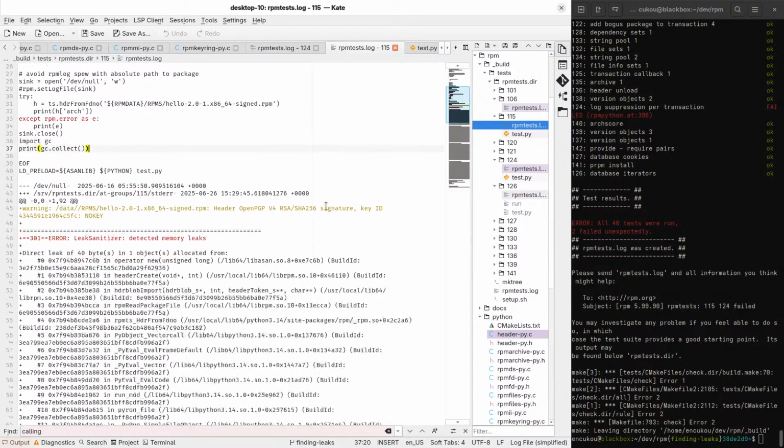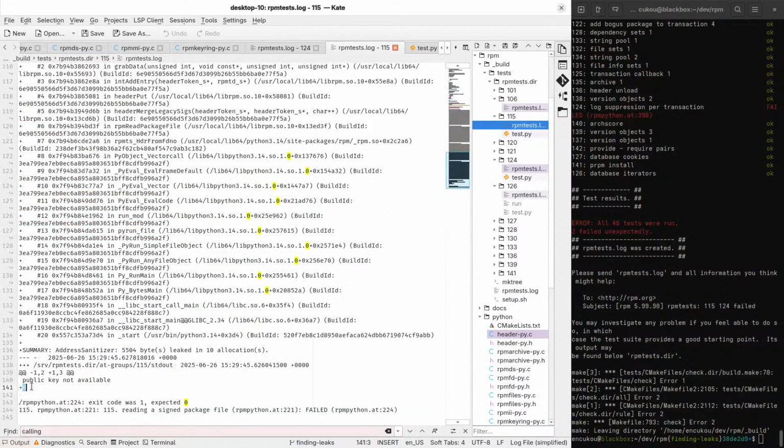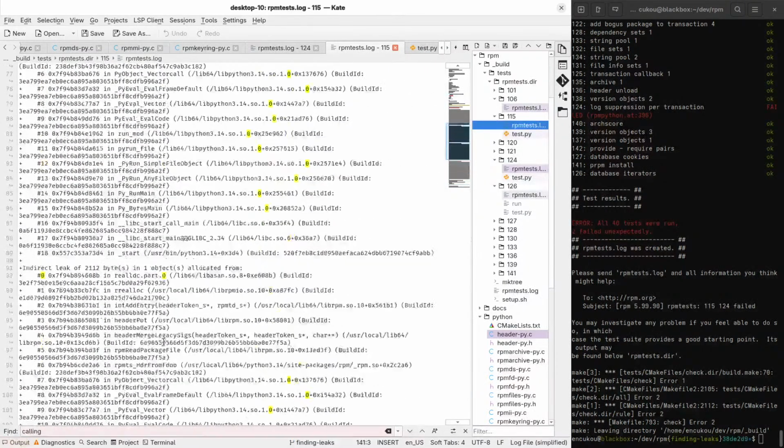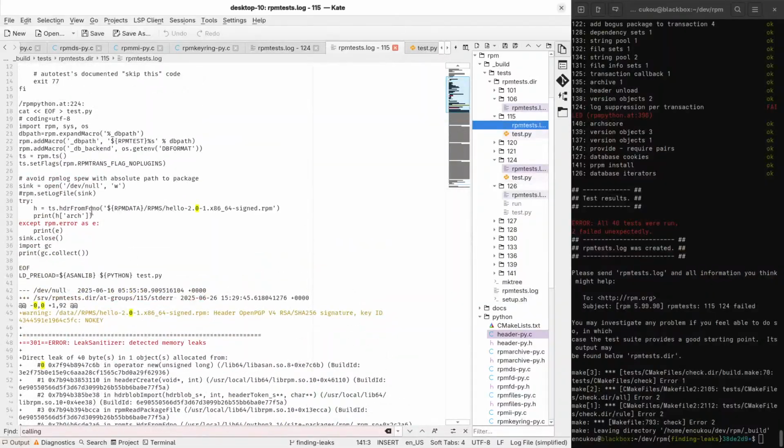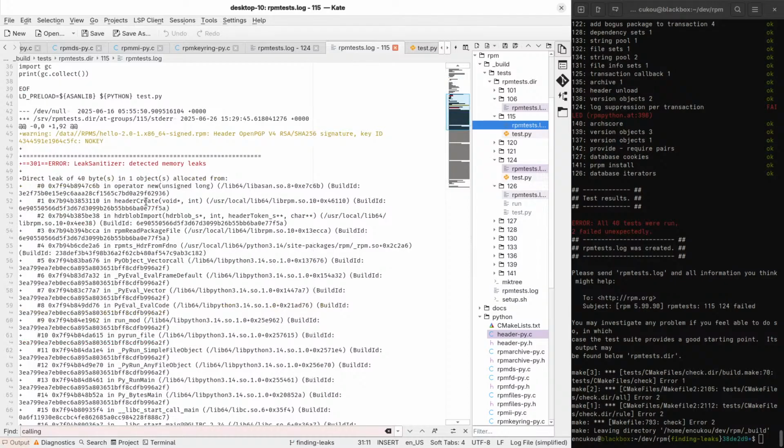Oh, nothing is printed. Oh, 0. That's fine. And what exactly is being leaked?